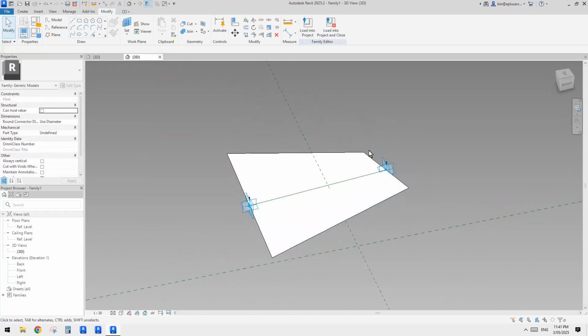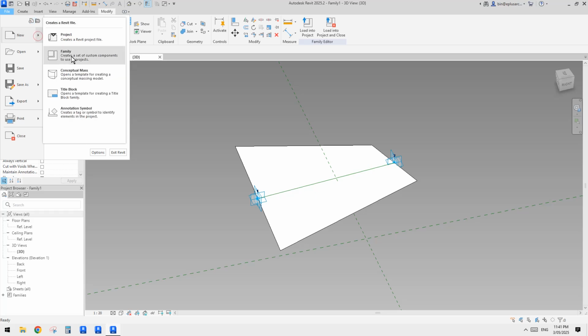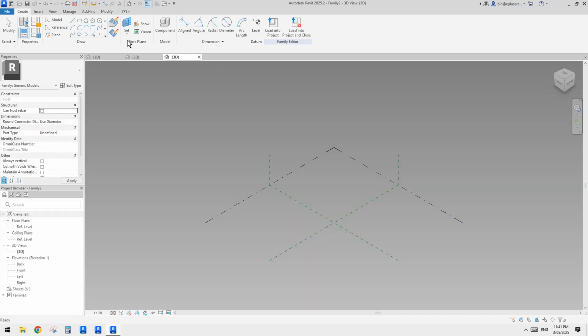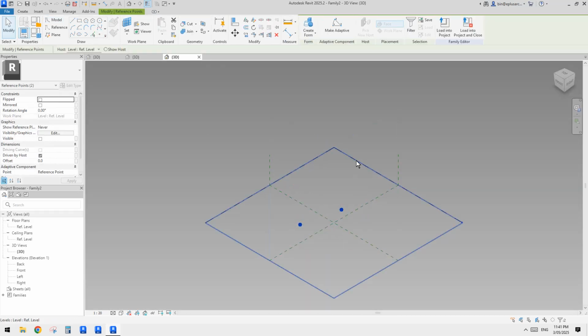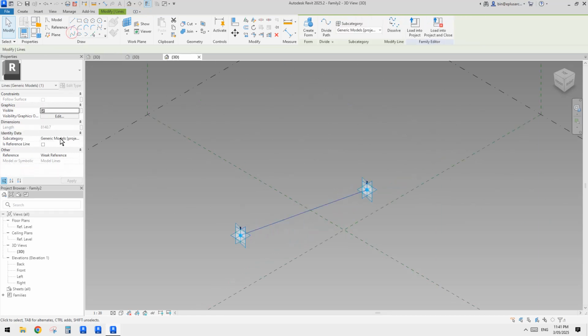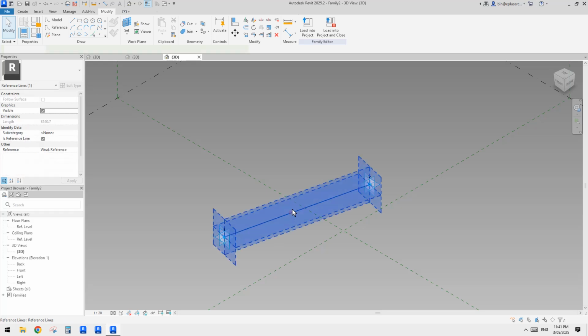Okay, so this is the adaptive family. Let's create another one, another new family, and it will also be an adaptive family. In this one, we will place 2 points, make them adaptive, create a spline through points, and make a reference line. And then we need to use